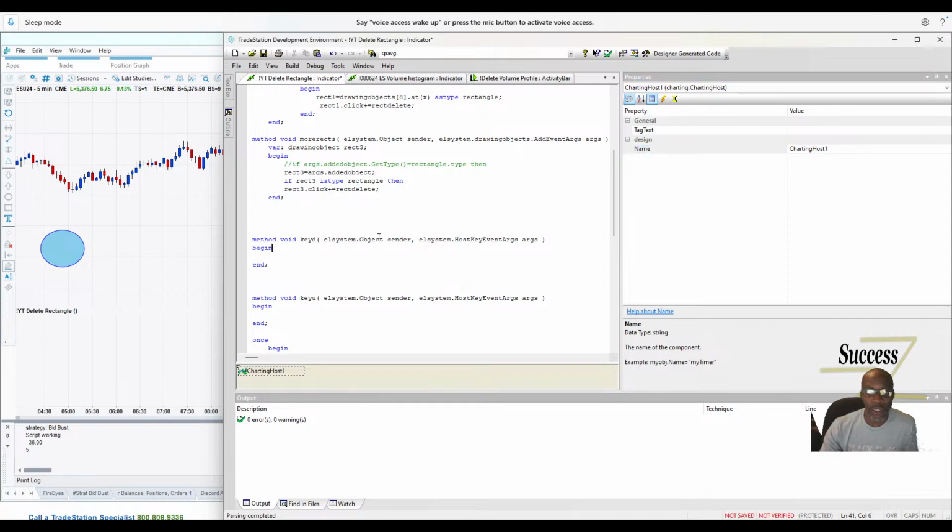All right, sender args key up, args dot key equals, I think the 160 key is the left shift button. If args dot key equals 160,